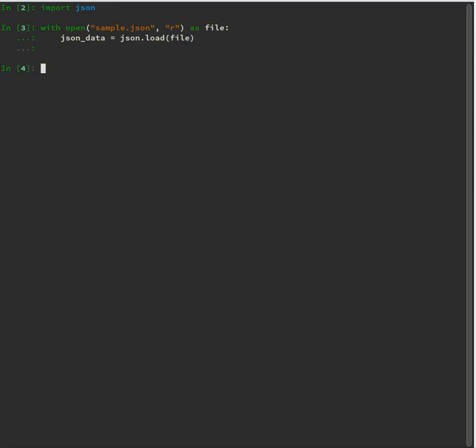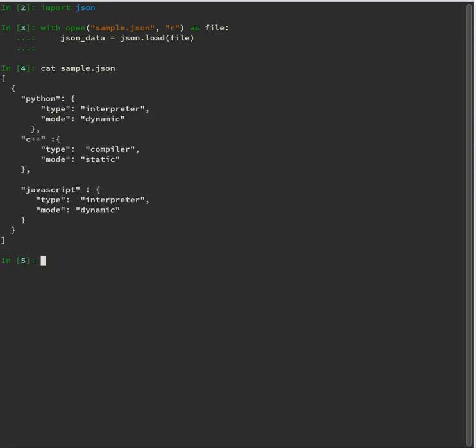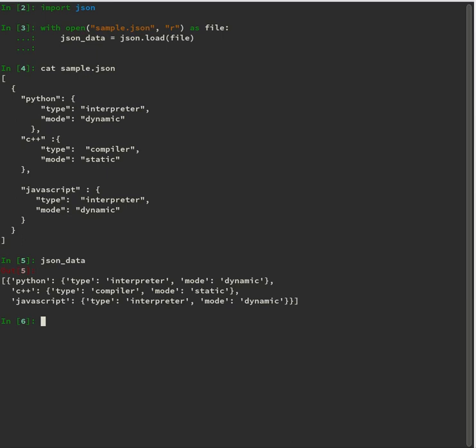That's it. As we are using IPython, the advantage is we can see the regular content as well by using shell commands. So I'm going to show you what's there in sample.json and what's there in our Python variable json_data itself. As you can see, both are the same.